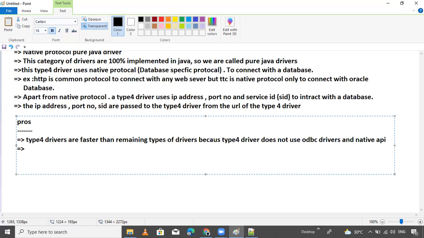Okay. Type 4 drivers are platform independent. This is important. If I have made a spelling mistake, please forget it. Subject is important, spelling is not important.